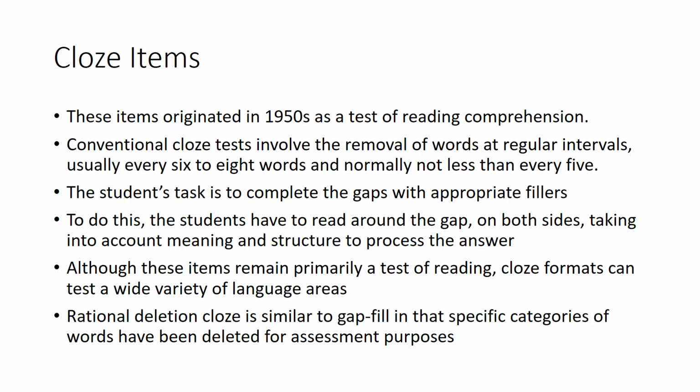So they say that in the conventional cloze test, they usually remove the sixth word or the eighth word. So they count the number in each sentence. They start from 1, 2, 3, 4, 5. So when they arrive at the number 5 or 6 or 7 or 8, they can delete